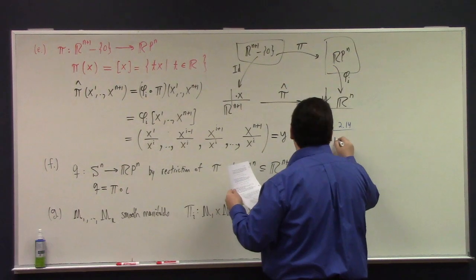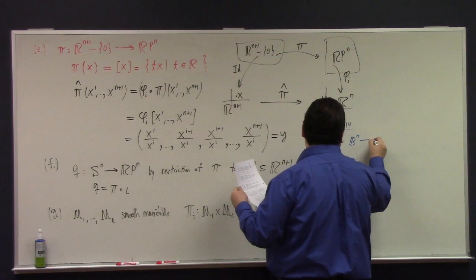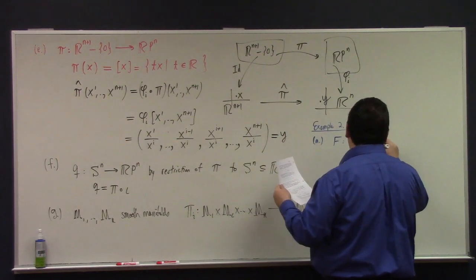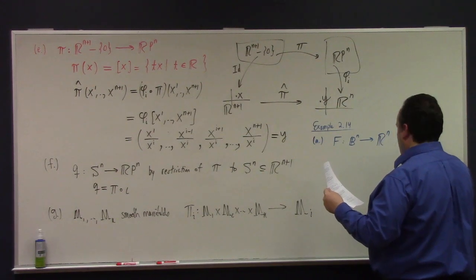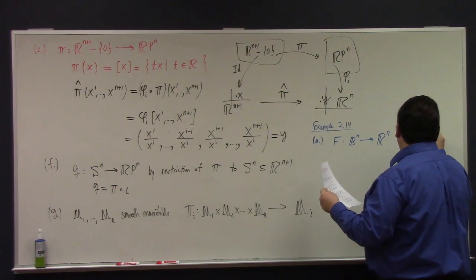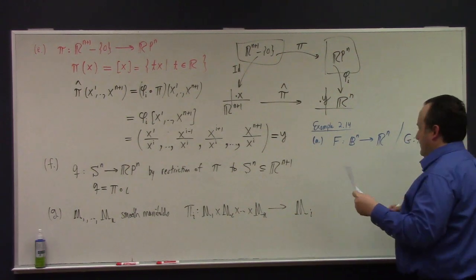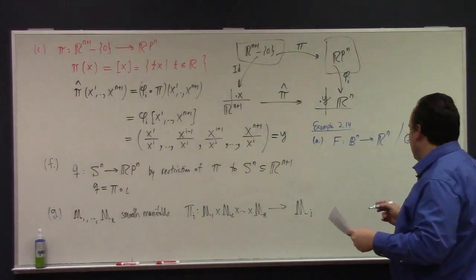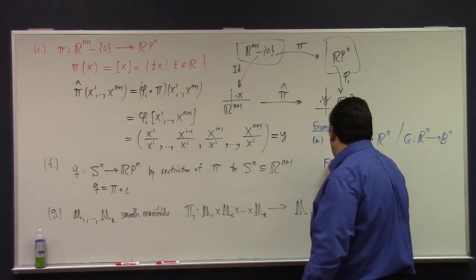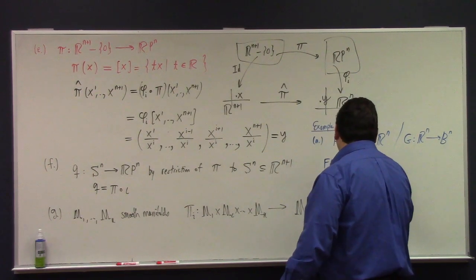F is a mapping from the open n-ball to R^n, and G is a mapping from R^n to the open n-ball. And here are the formulas. F of x equals x over the square root of 1 minus the length of